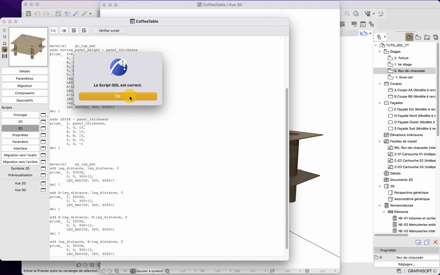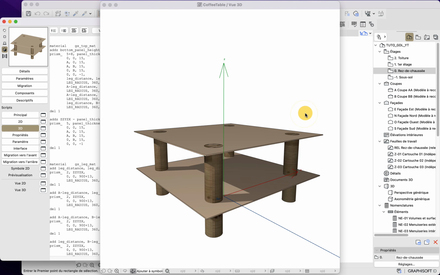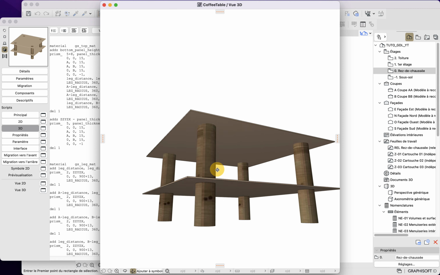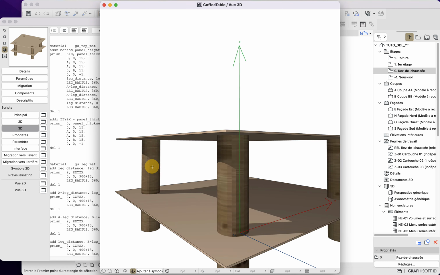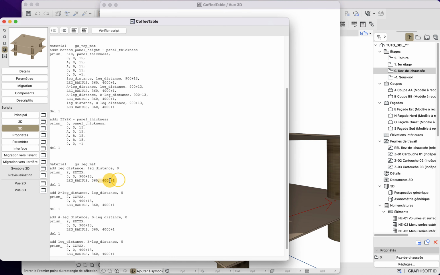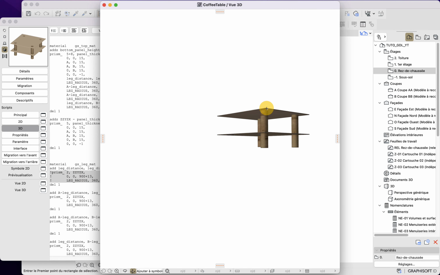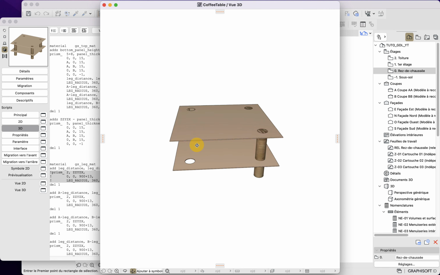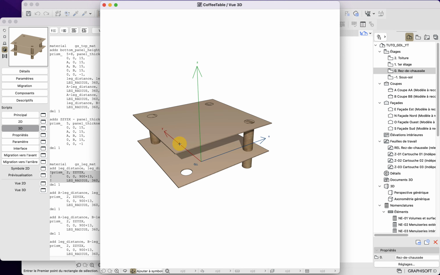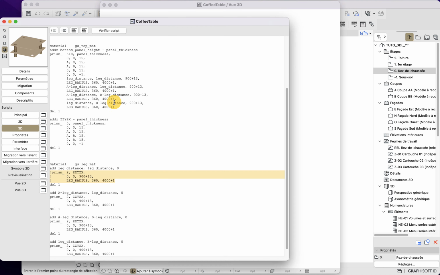So I'll do OK. And now you can see that I have an actual cut. You do not really see it, but if I comment this geometry out, you can now see that my geometry is cut. You obviously see that the top panel is not cut as well, because now I need to copy paste the same code here.